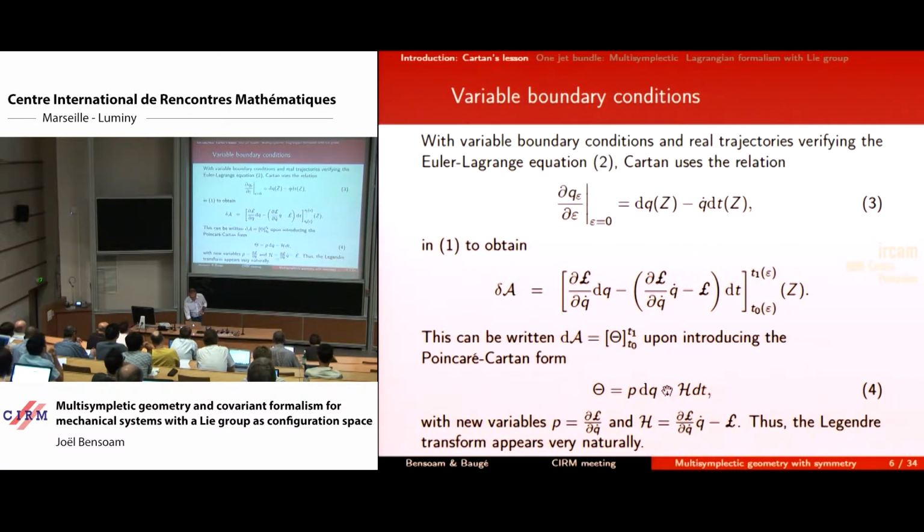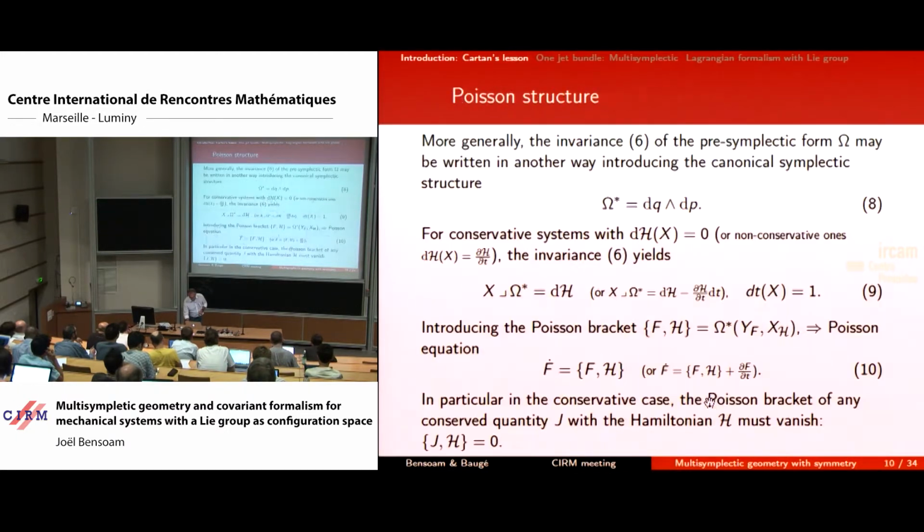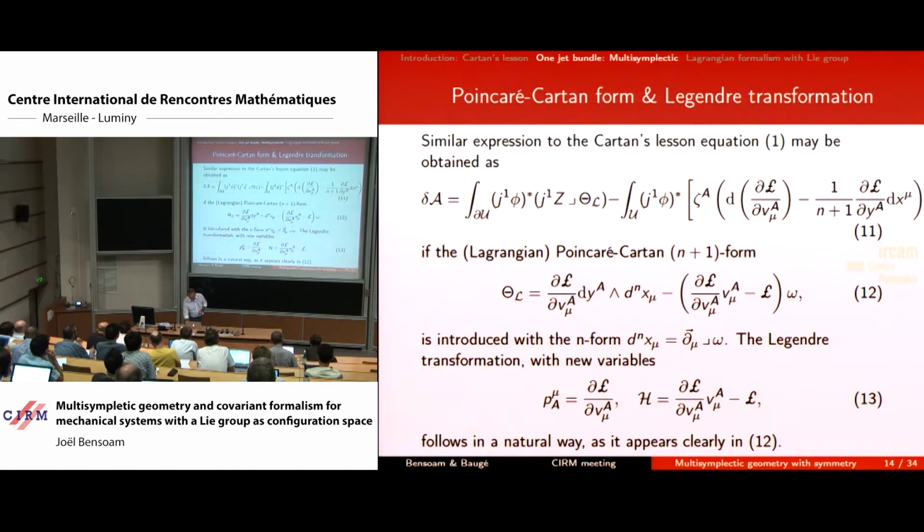This was the Poincaré-Cartan form. So it's a one form, and now we will have an n+1 form with generalized momenta in here and a generalized function corresponding to